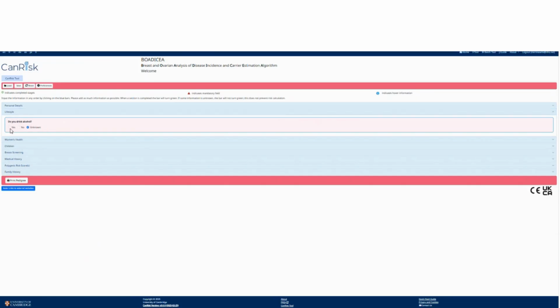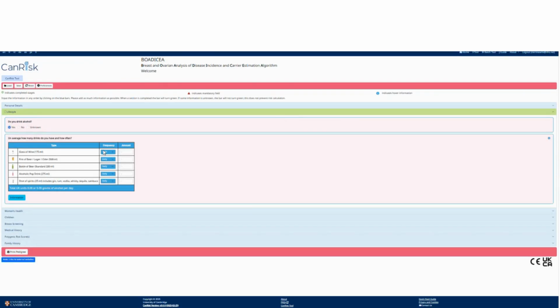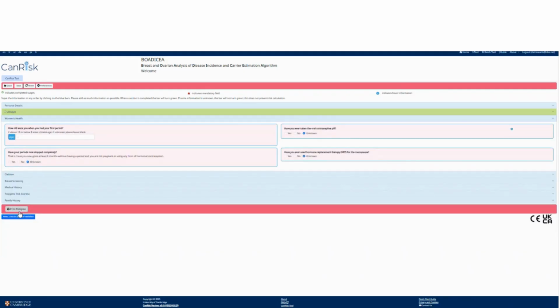So do you drink alcohol? Yes. And then it will quite helpfully allow you to calculate the units by just asking how many glasses of wine they drink a week or how many bottles of beer, and you can change that from daily, weekly or monthly. In regards to women's health, it asks about when the first period was,